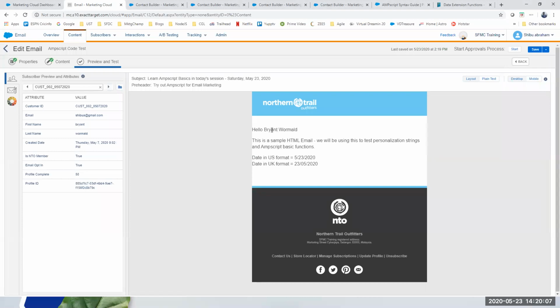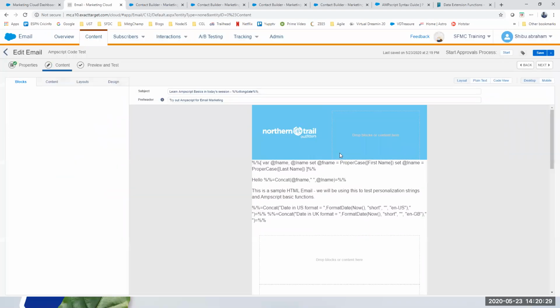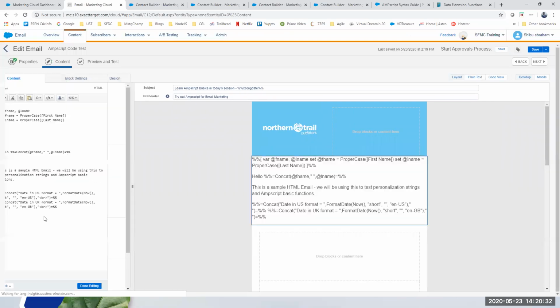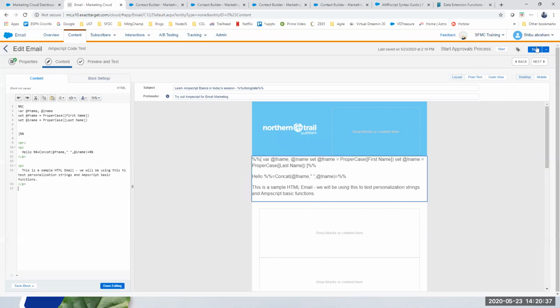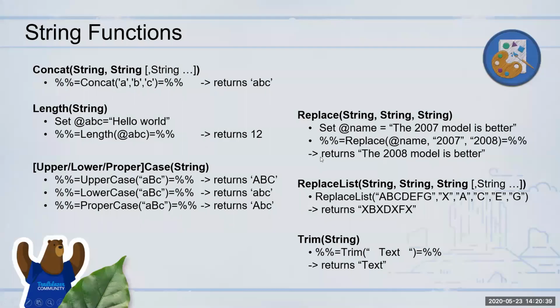Now you see, earlier the first name and last name was lowercase, but this is now correctly taken as proper case. And there was one more person who had all caps. See that person, all caps, it has changed it correctly as well. Quite useful if you want consistent behavior in outputting text as proper case. Okay, so let's go back and take out all the unwanted code so you can customize. So that is on string functions.